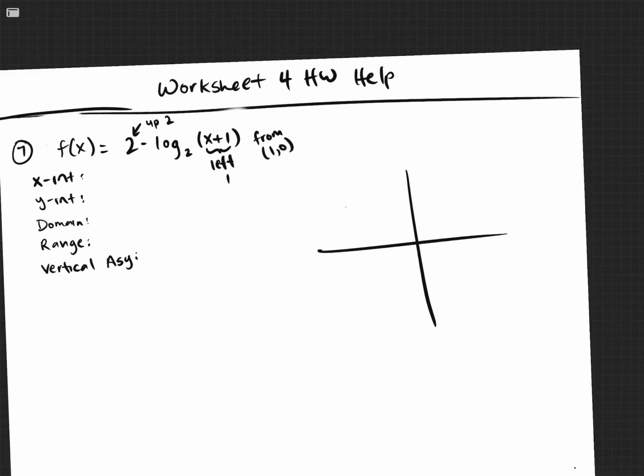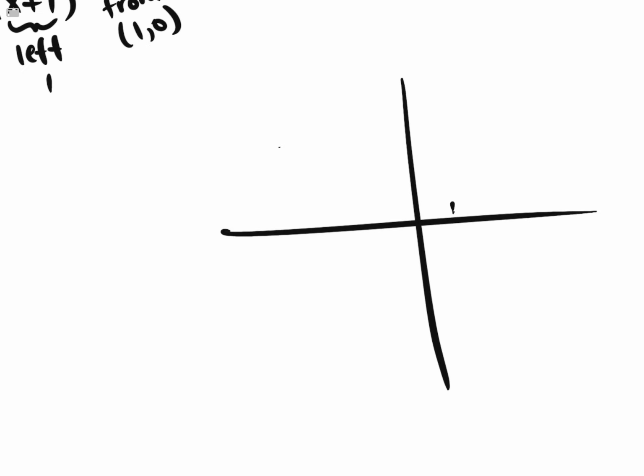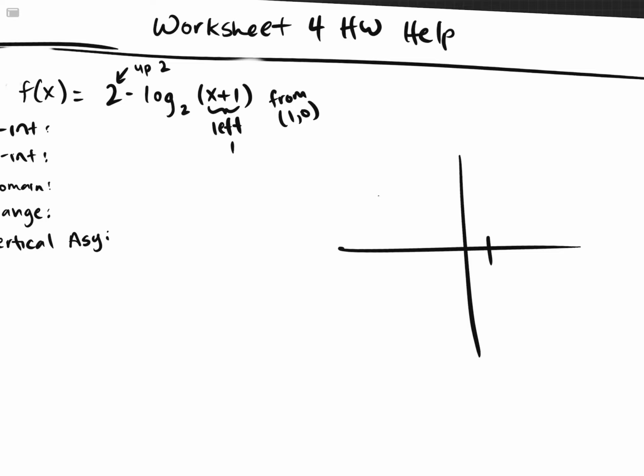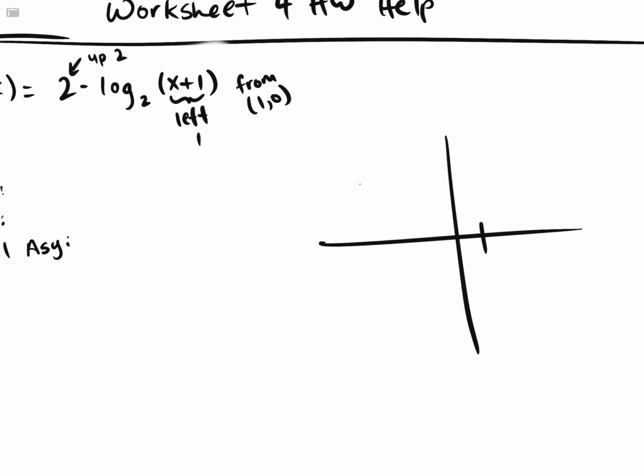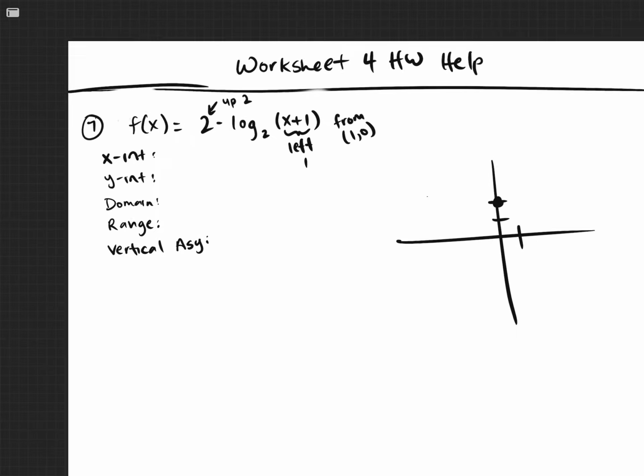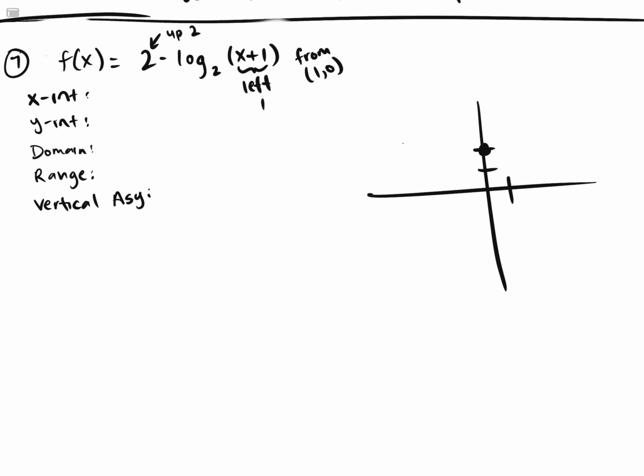Again, we're translating from 1, 0. So 1, 0 is this point right here. Again, we're going left 1, up 2. And that puts us right there on the y-axis, right? That's our starting point. Again, since that is our starting point, that means that our asymptote is going to be